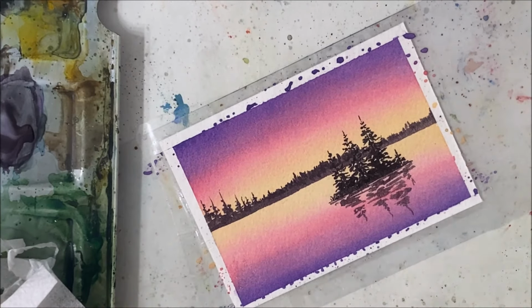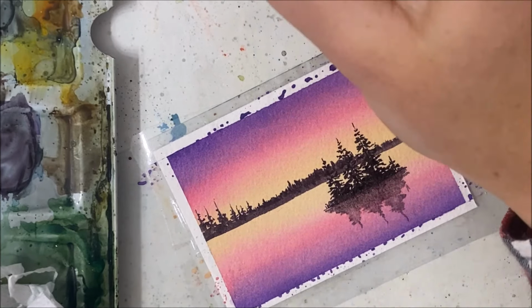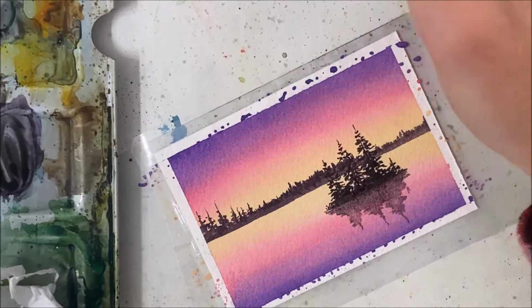Sort of like that. I don't like how it actually looks rippled, so I'm just gonna take water on my paintbrush and fill that in. Like so. I want it to be even lighter than that. So lifting off that color. Should be darker at the base. Okay, I don't want to focus too much on that because we still got quite a few foreground details to add. So I'm going to take the black watercolor once more,